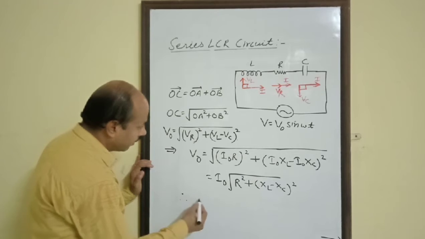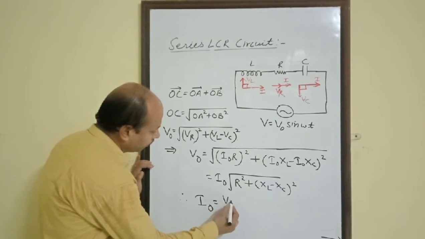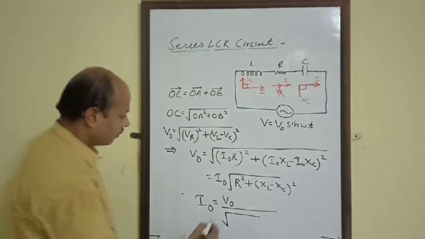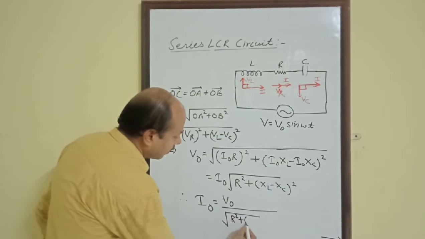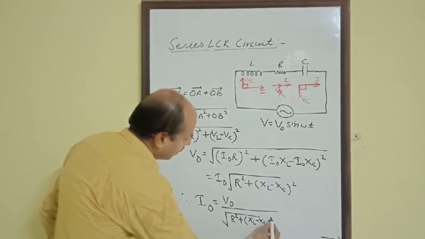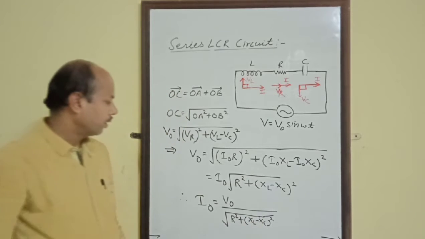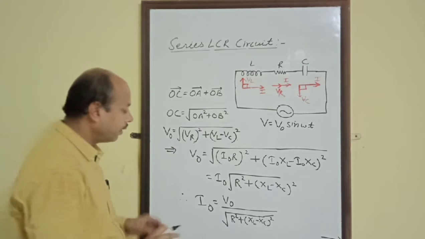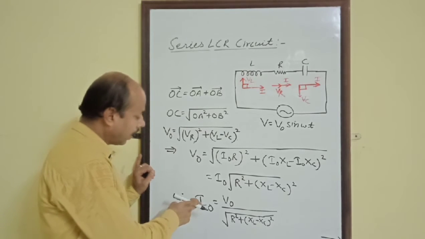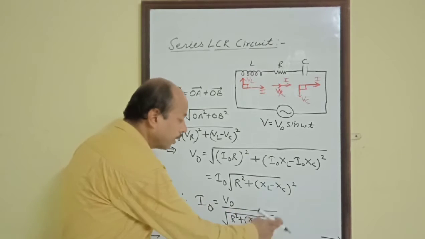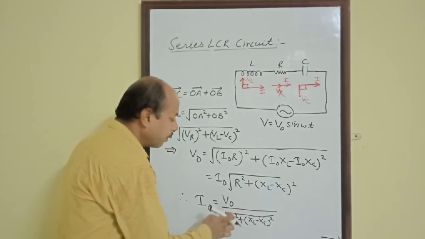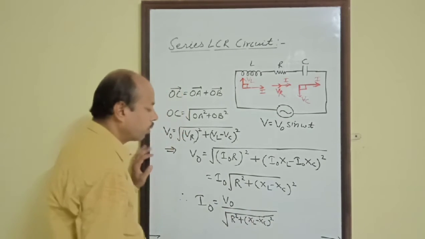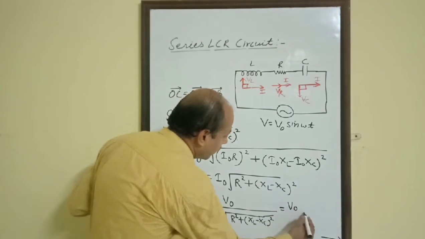And finally we can write I naught equals to V naught by square root over R square plus XL minus XC whole square. This is the value of I naught. Now if we use Ohm's law directly, then we can say that I naught equals to potential difference divided by resistance, or potential difference divided by opposition. This opposition is denoted by Z. Therefore, we can say V naught by Z,